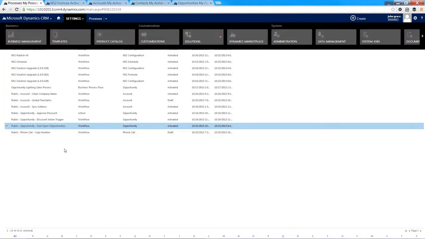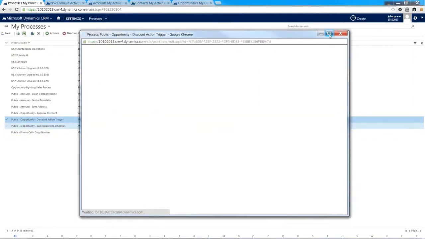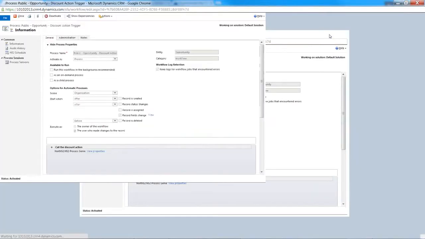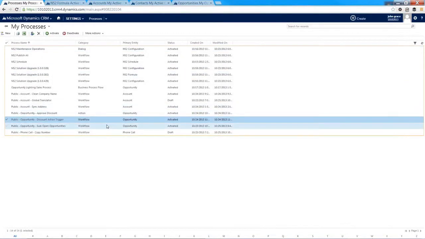So just to show you how that's wired up, here's the discount action. So this is the new feature in 2013, actions, and you can see the action is just set up to run on a field change, and again it just calls the Process Genie. This Process Genie executes the action, and then if I show you the actual action itself,